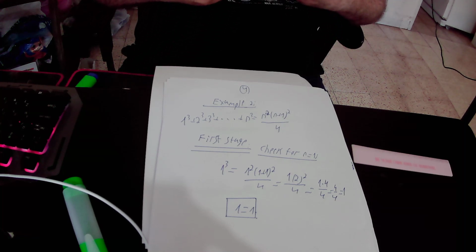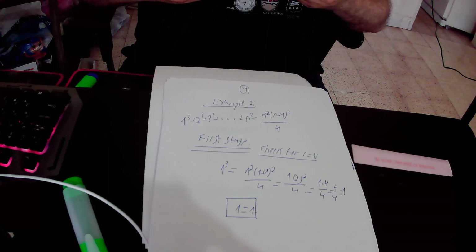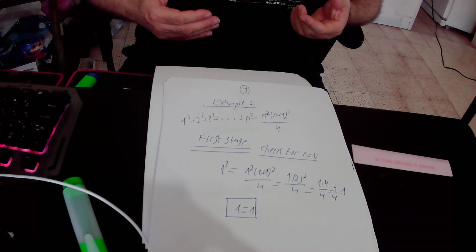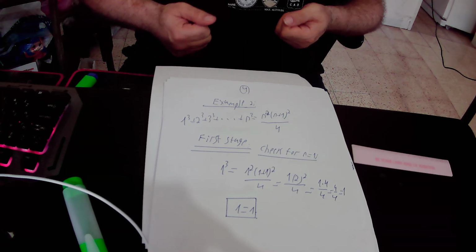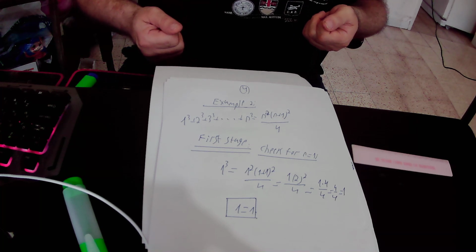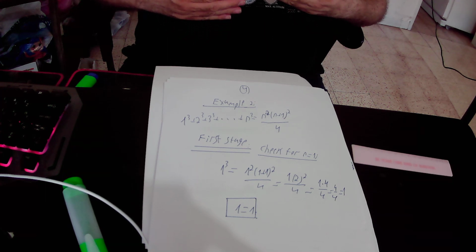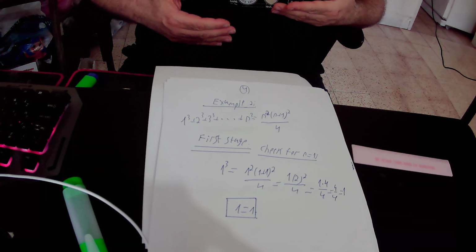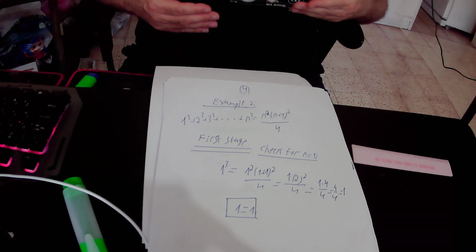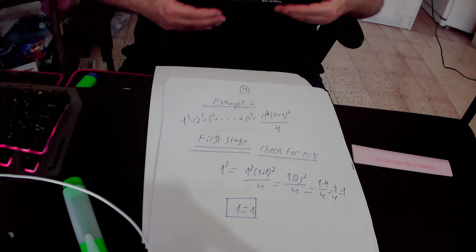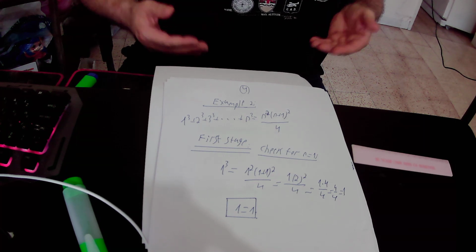And now that we know that it's true for n equals 2, and we also proved that if it is true for n, it also must be true for n plus 1, so we know that it is true for 2, so it also must be true for 2 plus 1, that is 3. And we will proceed in the same way, and we will prove that it is true for n equals 4, and so on and so on. And in this way, actually, we proved that the statement is true for all the